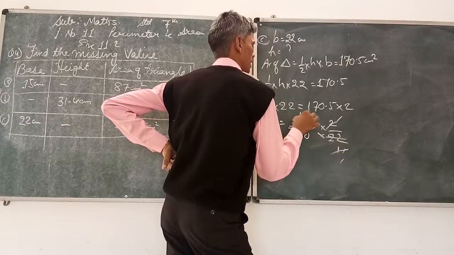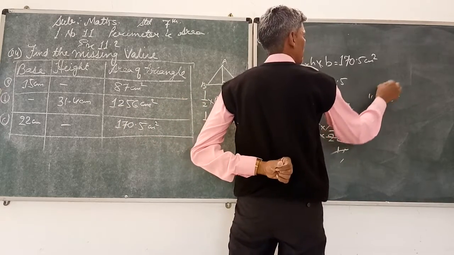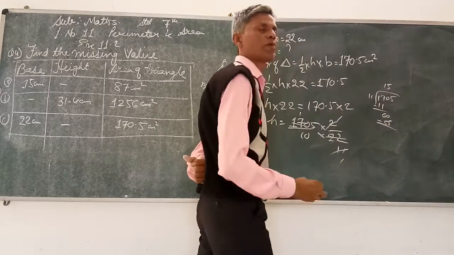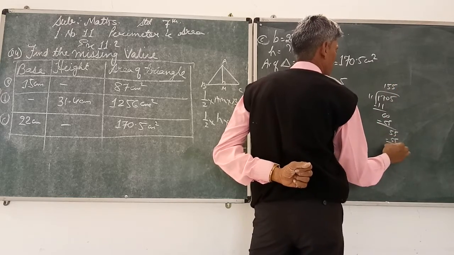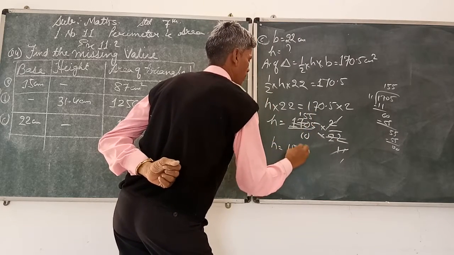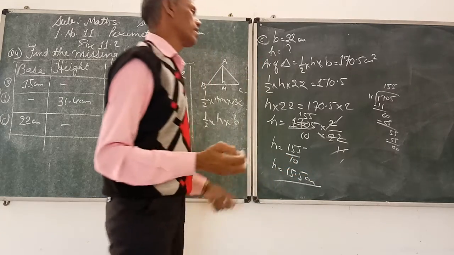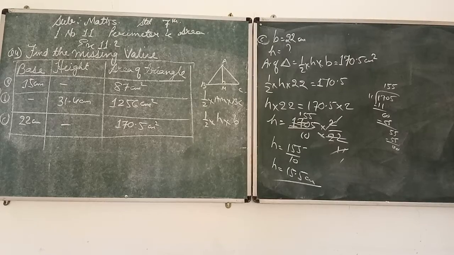11 1s are 11, 17 minus like this. If you don't follow properly, you can divide it like this. 11 times 1 is 11, minus, 6, 11 5s are 55, 60 minus 55 is 5. Bring this 5 here. 11 5s are 55, remainder 0. That means 155. Now H is equal to 155 upon 10. H is equal to 15.5 centimeter. Like this we can solve by dividing the big numbers in rough, on the side of a paper. Is that clear? If you do not follow, you can call us or give a message. We will explain again.